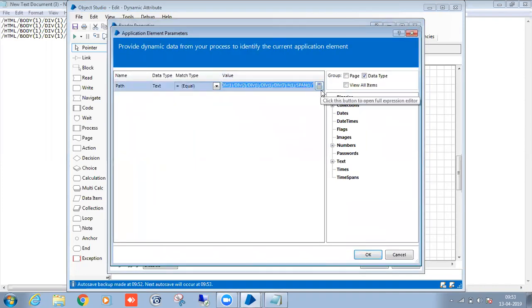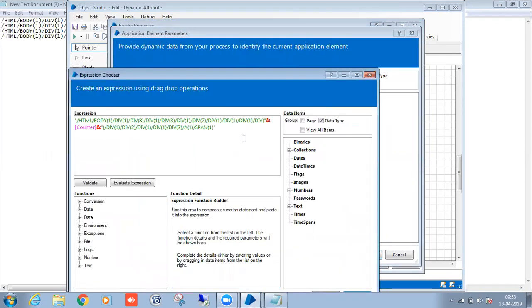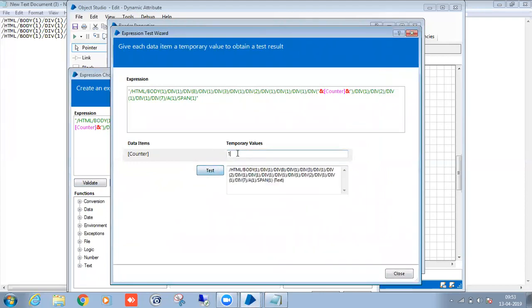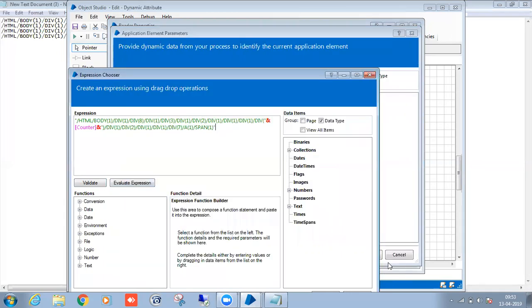Every time I am passing it dynamically, right? That is why it is called dynamic. See, if you click on evaluation, for the first one my path is like that. For the next one, it will be 2. My path is like this. Next, it will be 3. See? Fine, like that.